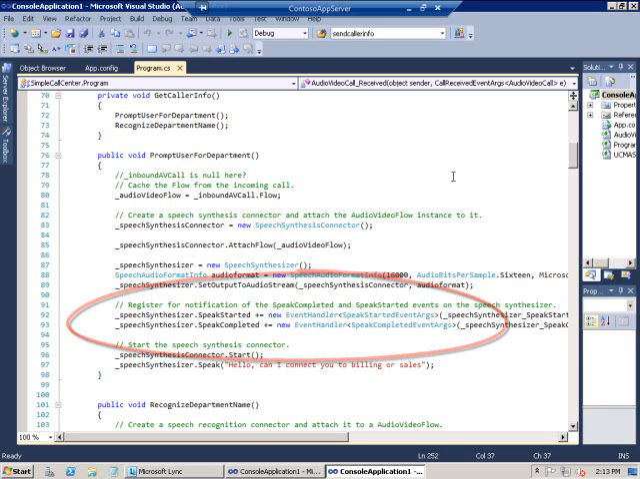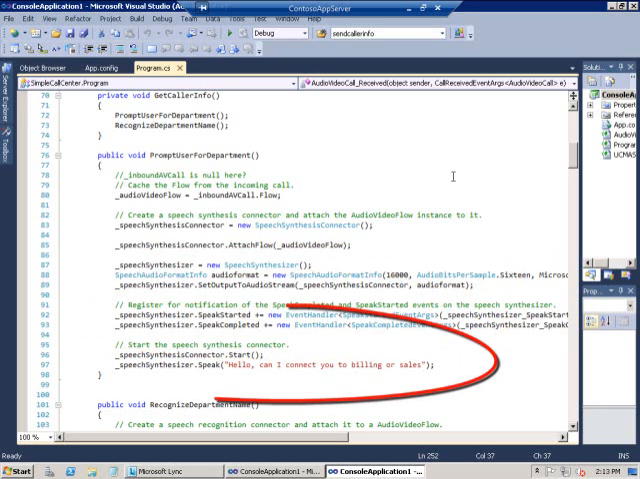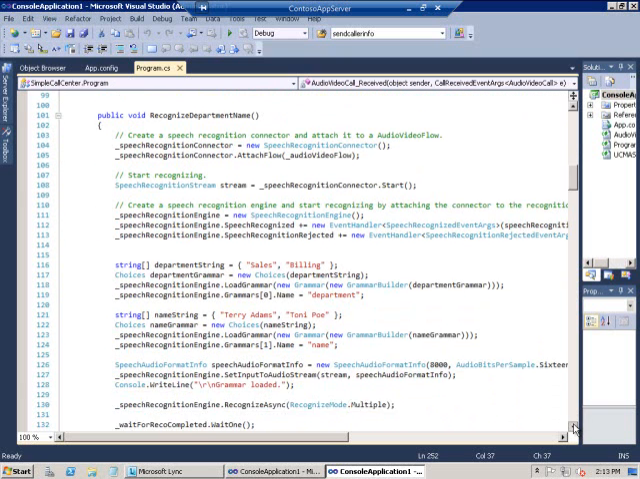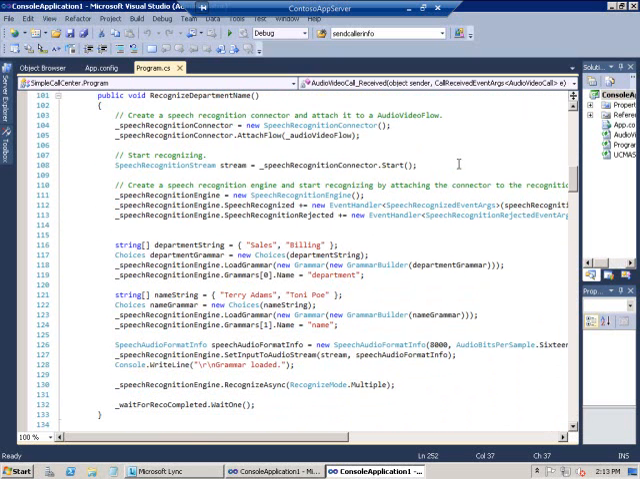Then I register for notification of two events. Then I start the speech synthesis connector. And finally, I use the speak method to prompt the caller with that first question. And then down to the recognize department name method, I use this method to set up the speech recognition component